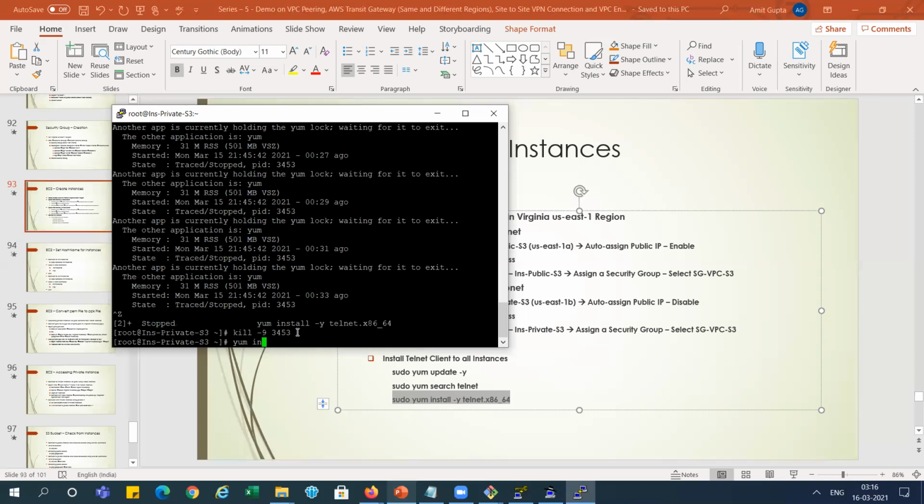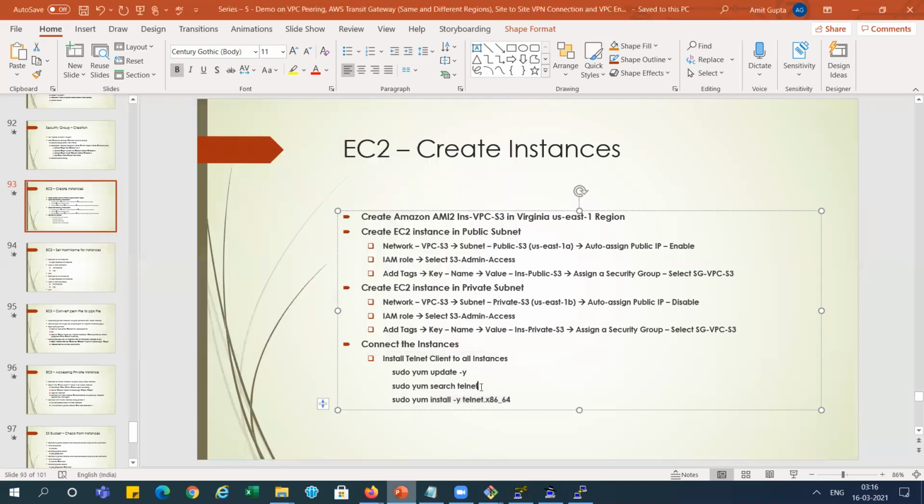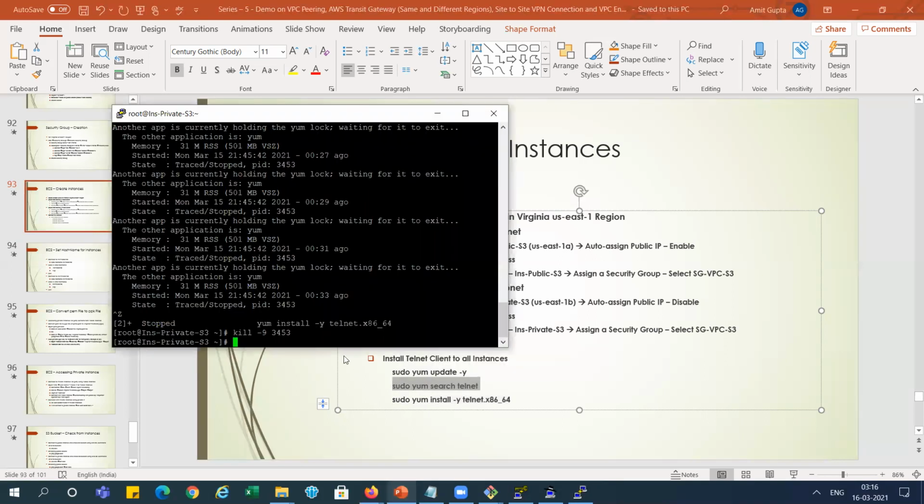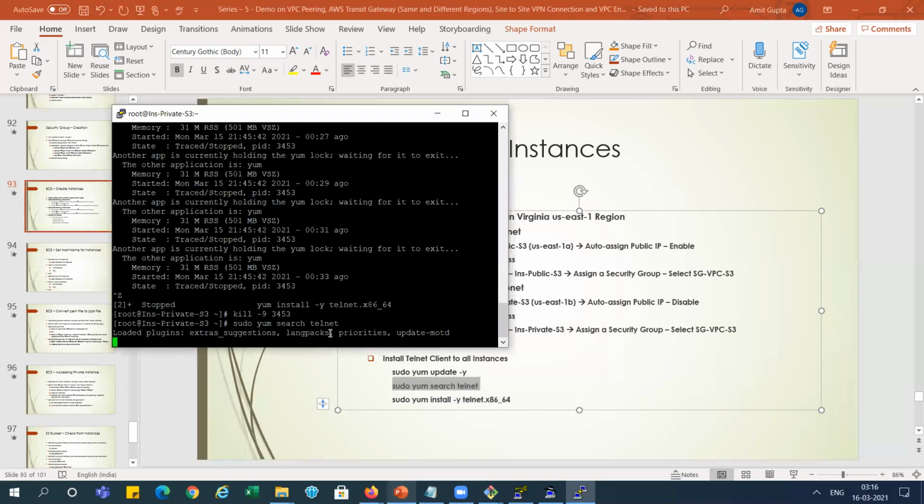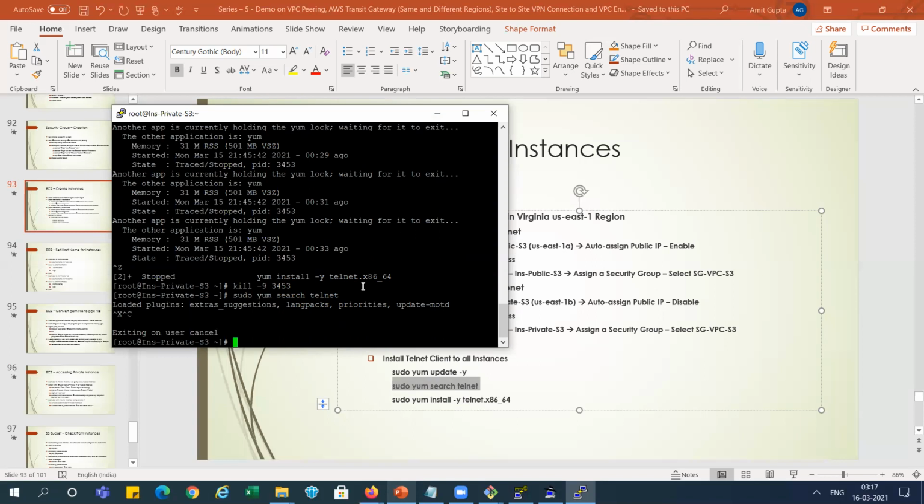I think first I will run this command to see whether it is giving some output or not. Otherwise, we are not able to do telnet. No, it is not working. Something is wrong with this system, right? Currently, nothing is required. We can try with the ping command, right?